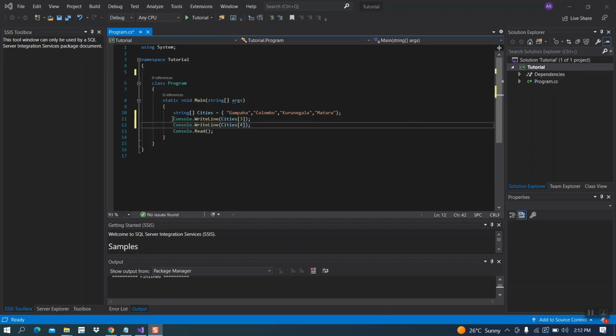Here I am going to print the third element from our city list. Here the output will be Mathura, and then